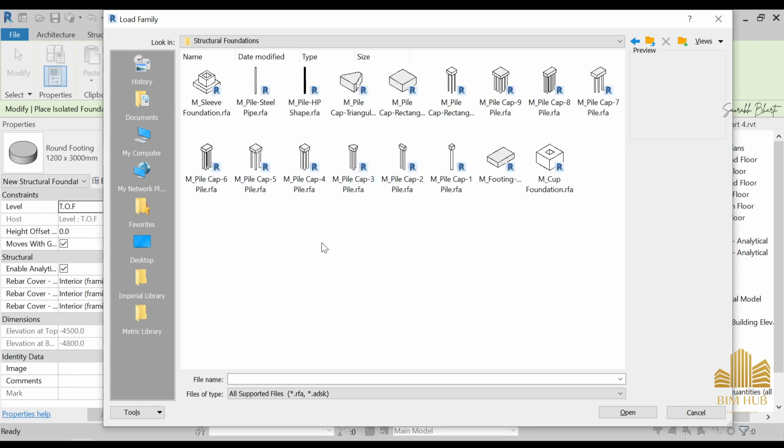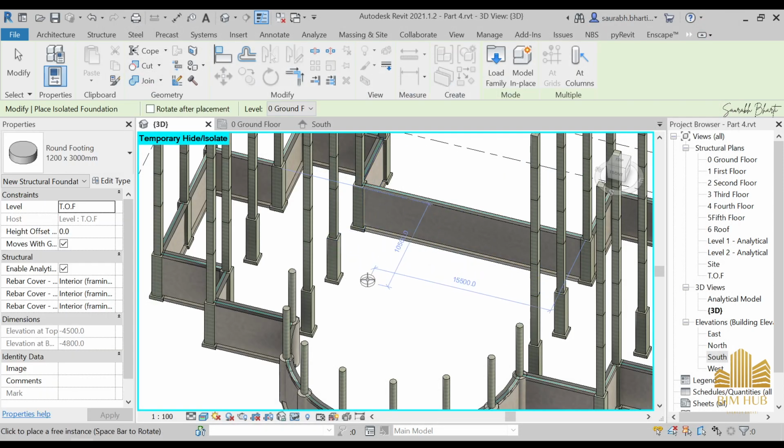Yes, this one, and here you will find some piles. Where's that pile? Yes, this steel pile and HP pile. This could have been used over there, and these are the caps that could have been used. So this is one of the options that you could have used instead of that pier over here.